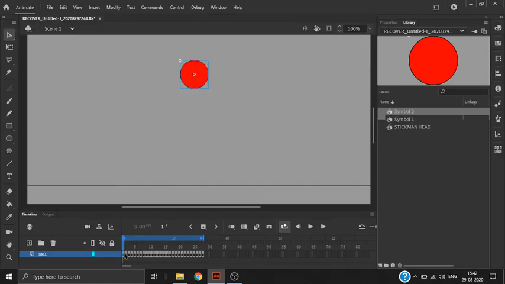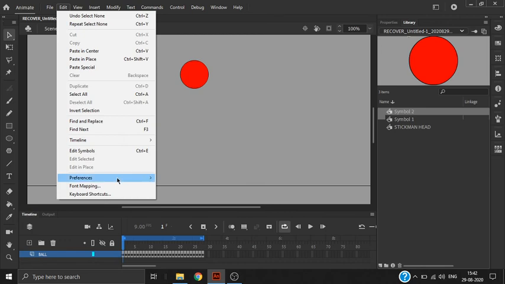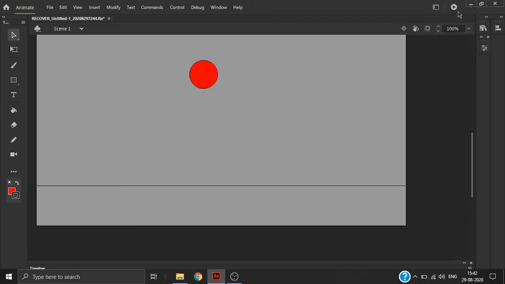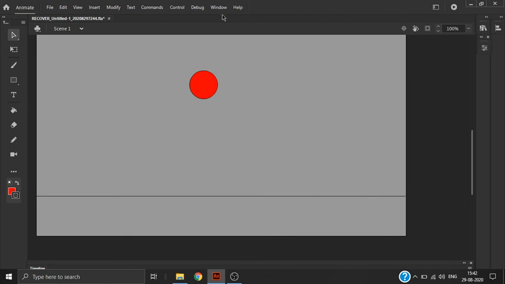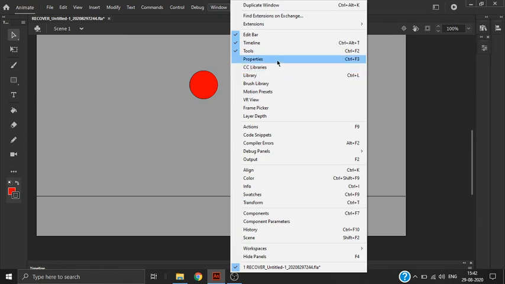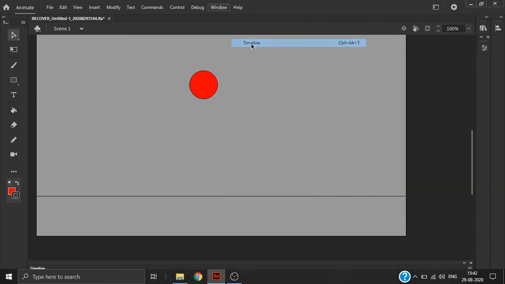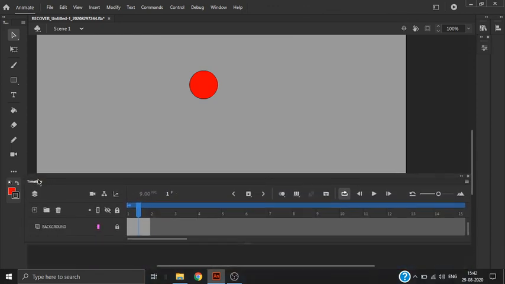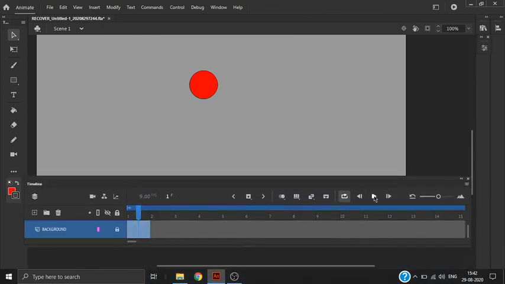Now see, you can see that only the keyframes are showing here, which is not good for beginners. So my advice for beginners is to go to preferences, beginner preferences, and just change the timeline option so that you can see where the ball went, and you can add the timeline. 1 second, I'll add it. There you have it. You can see the animation, right? And once we play, there is that loop.